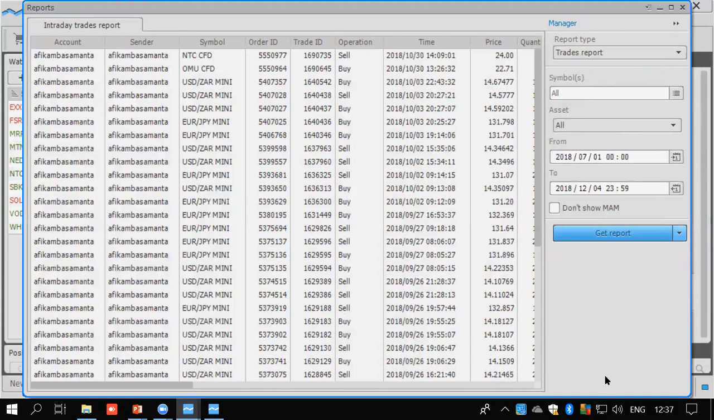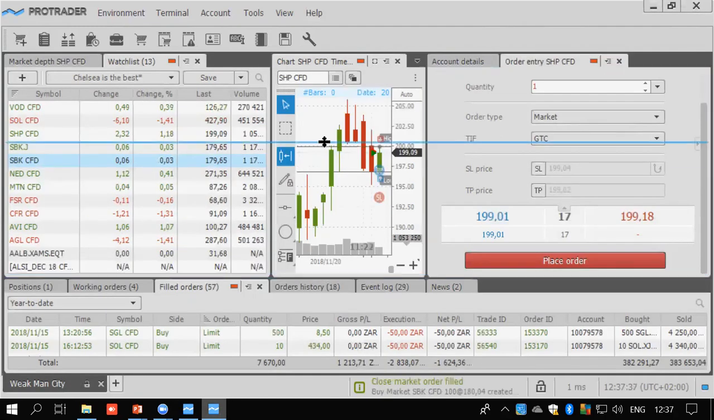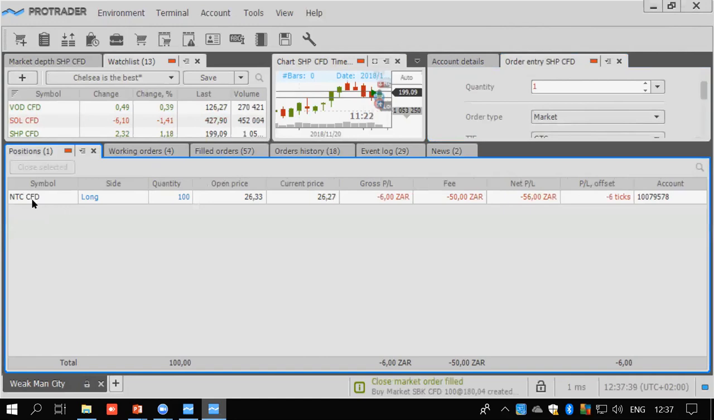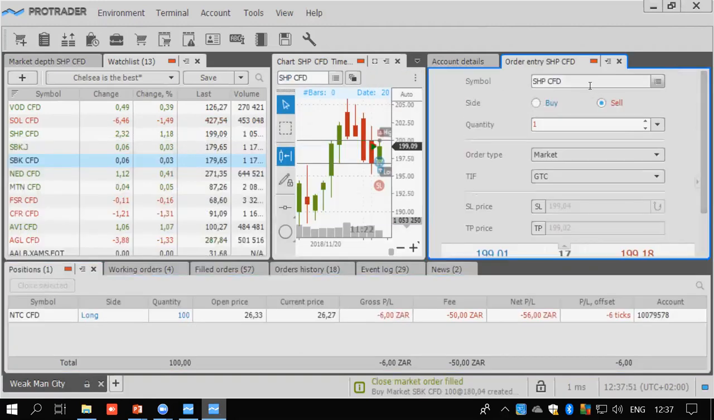Can I modify my quantity? When I'm already in a trade, I can't. Let me show you something. What is the company then? How many shares did I buy? Okay. How much is my fee? If you want to add shares, for NTC,